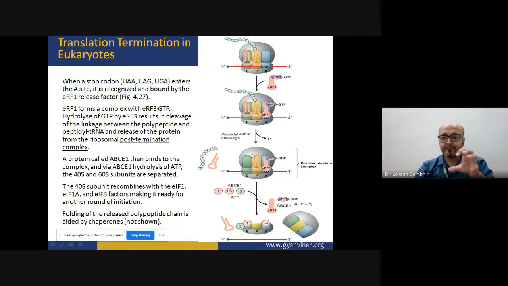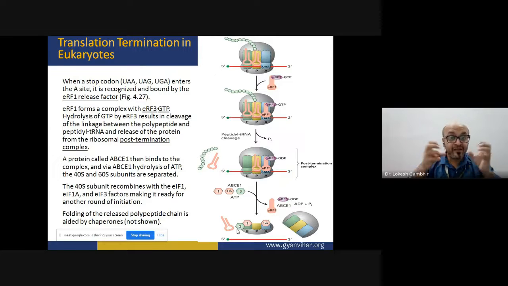Once both these units, the large and the small subunit, dissociate, then immediately the initiation factors, the first initiation factors that were there, the 1A and 3, we had studied these initiation factors in the very first step. They will come and bind to the E site, A site respectively, and the 3 will bind to the ribosome. And what is happening? When I told you before starting the initiation that both the ribosome units are never attached in the cytoplasm, they are in a dissociated state.